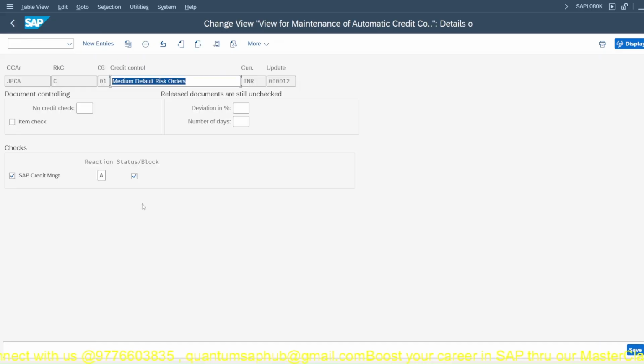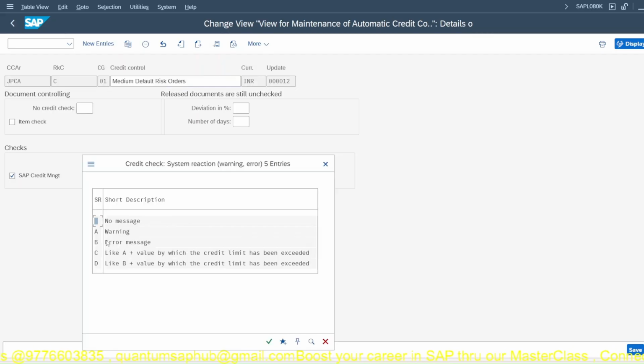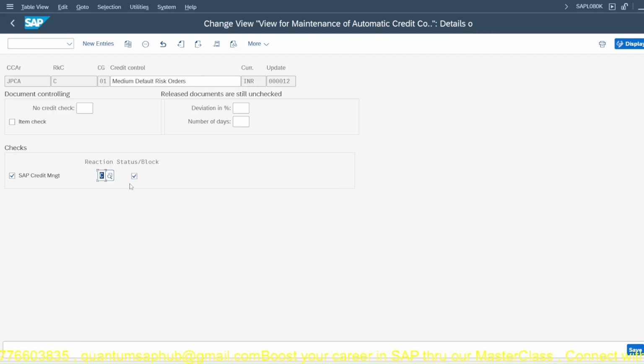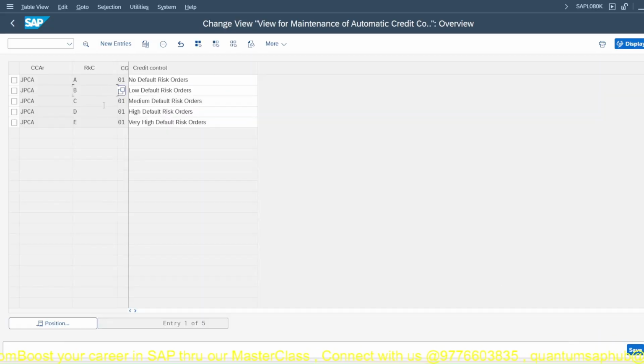And for C is medium, so you will give this, but you will not block. Okay. And this B also, you will give C, but you will not block. But what about the other entries? Other entries, you will go for copy